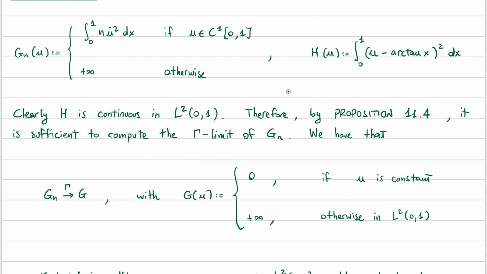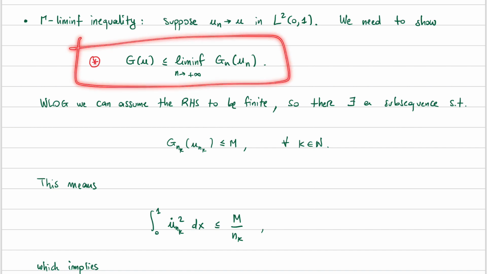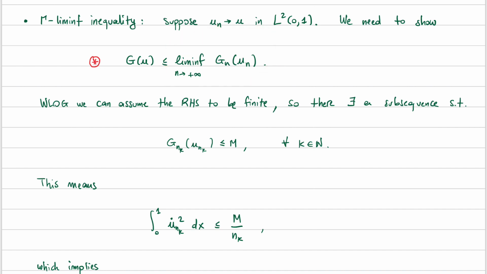Okay, let's prove this claim, starting with the gamma liminf inequality. So we suppose that un converges to u strongly in L2 of (0,1), and we need to show the liminf inequality, so G of u is less or equal than this liminf. As usual, without loss of generality, you can assume that this is finite, meaning that there exists a subsequence such that G_nk of u_nk is less or equal than M for some constant M, and this is true for the whole sequence. So by definition of Gn, this means that